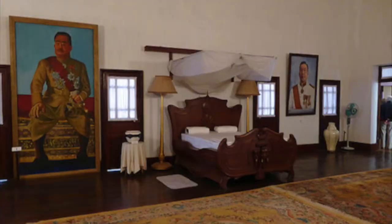Dominating the rear of the private quarters is King Sisavangvang's bedchamber, shown here. It features a larger-than-life portrait of the king, as well as a massive hardwood bed. Its headboard contains the king's initials and a carved Buddha sheltered by a 17-headed Naga. The footboard bears a rendition of the royal emblem of Laos, this time with a 2-tiered parasol, the additional tier